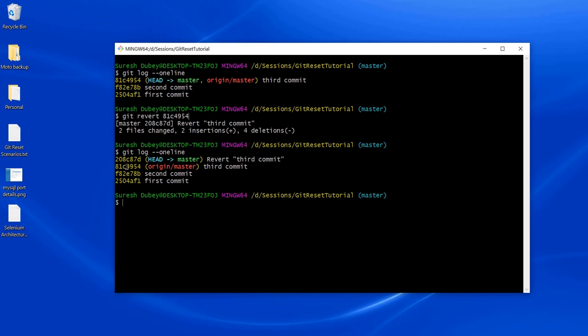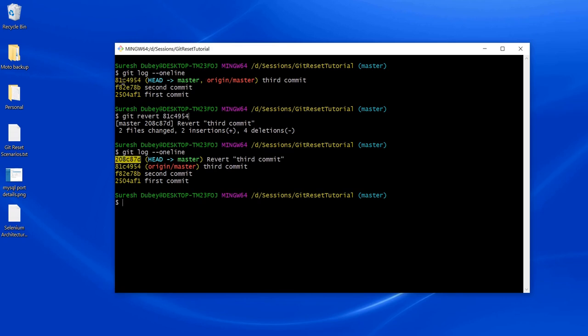Here, I still have the 81C third commit in the list, and it made a new commit with the commit message "revert third commit", with a new commit ID. Earlier 81C was my head, so now head is pointing to the new commit.